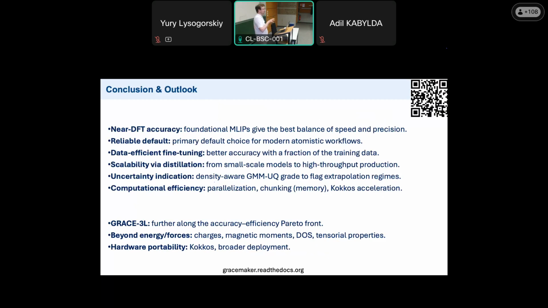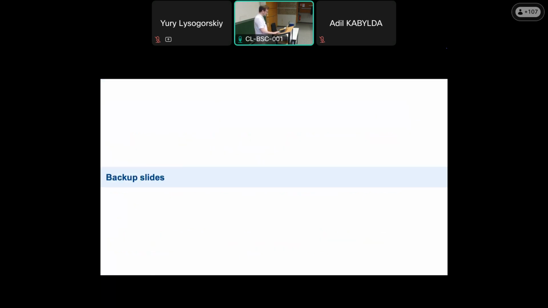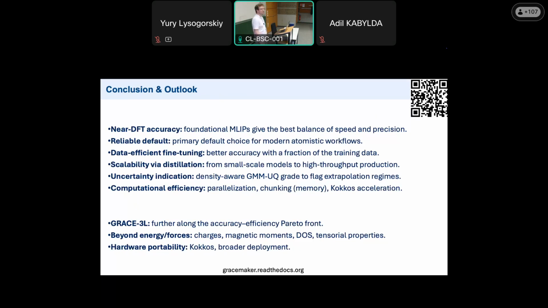the emphasis should be shifted to data generation and coverage, which we achieved with the SMAX dataset. We would also like to highlight the importance of an uncertainty indication mechanism. I think it must be built in by default for machine learning models, to have at least some indication. It's not a 100% guarantee that the model is predicting correctly, but it's nice to have the option. And computational efficiency always makes sense, combined with fine-tuning and distillation strategies to extend the simulation length scales. With that, I would like to thank you for your attention, and I'm ready to answer your questions.